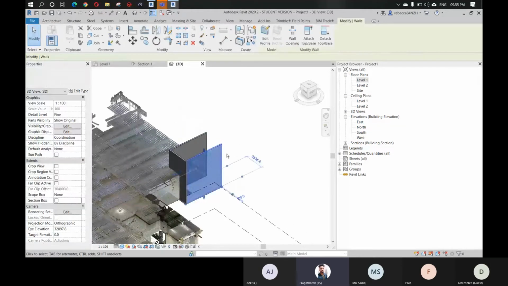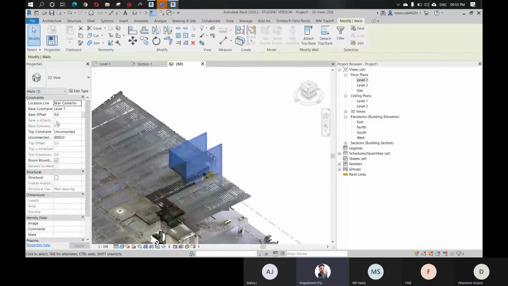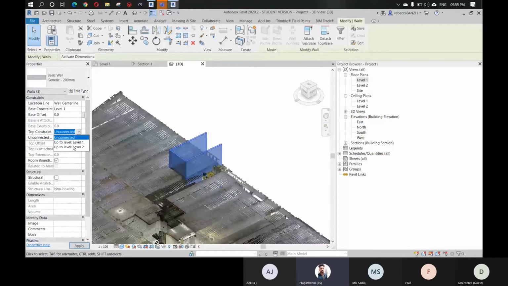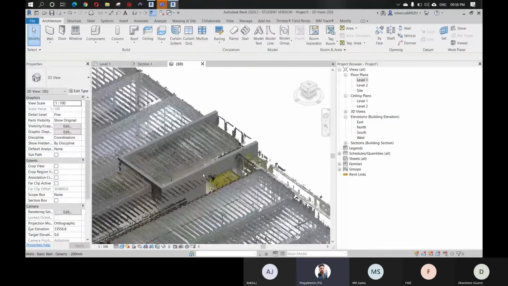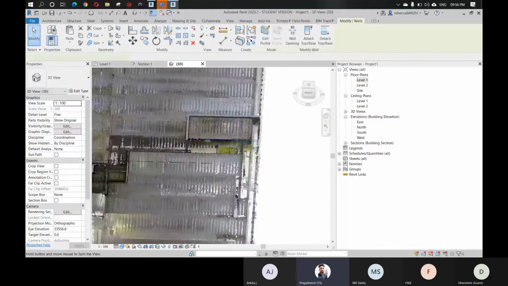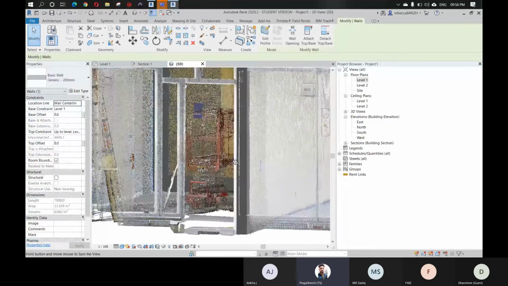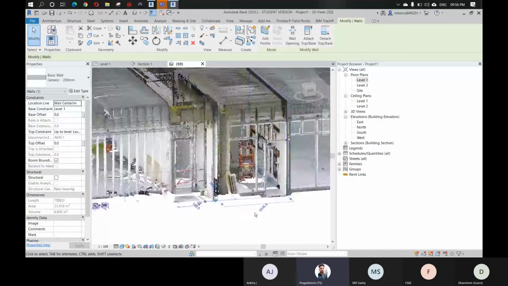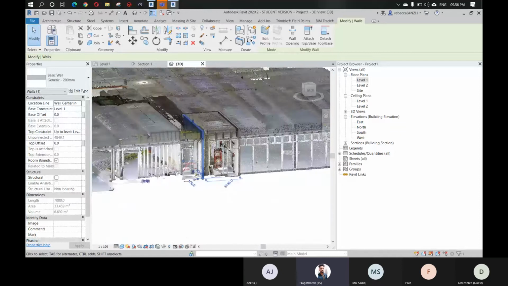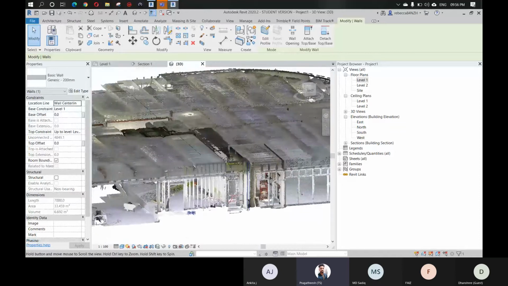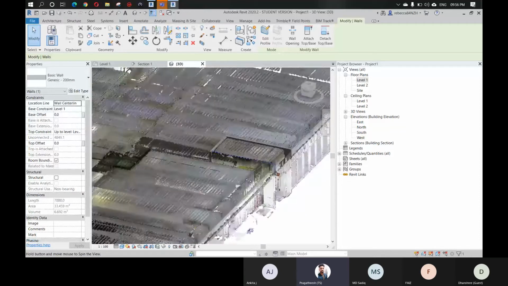Actually we haven't set the levels. Level 2, and now we can see these curtain walls, these studs, everything you have to model, these joists.